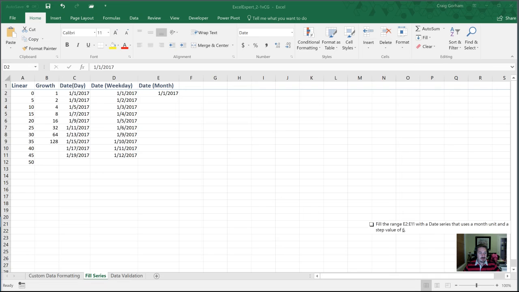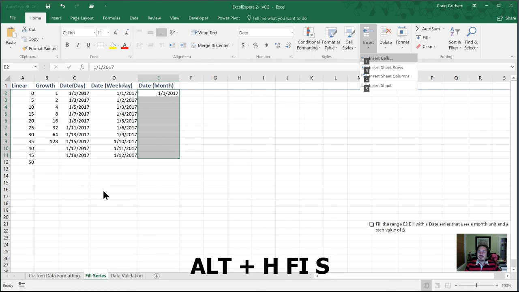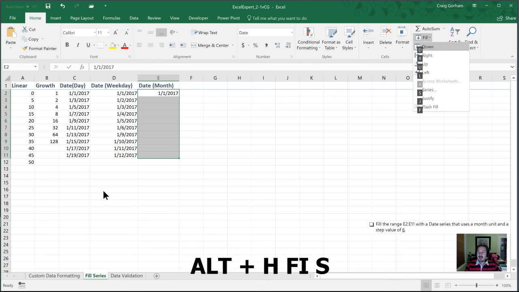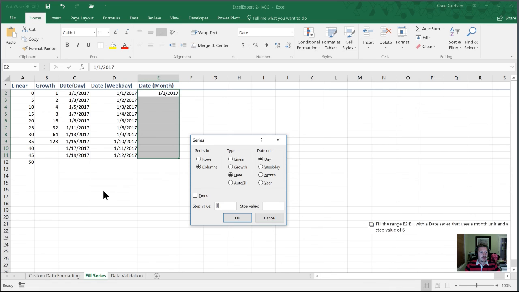Our last task for this section is going to be to go into range E2 through E11. I'll right arrow over to that, highlight down to 11, and we're again going to use a series. So Alt H, FI, S for series. Now this time we are going to use a month unit and a step value of 6. So Alt M toggles month for me, step value 6. We'll click OK, and